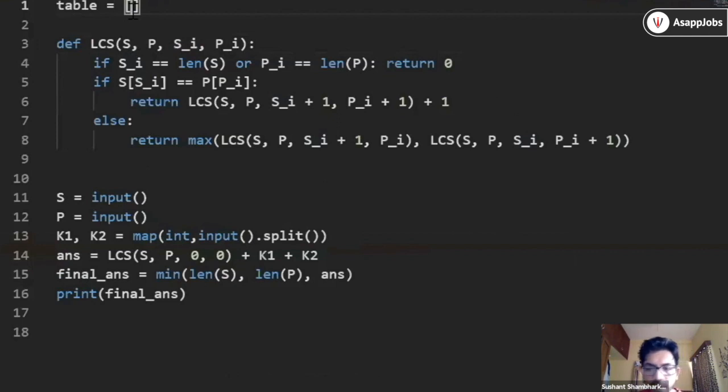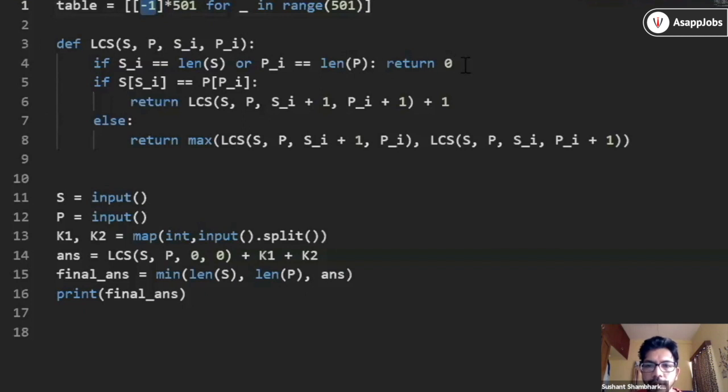That means it has to be double dimensional. So let's just initialize this table with -1. The maximum length is going up to 500, so let's define it with 501. So this is our double dimensional table, a 501 by 501 matrix, filled with -1.